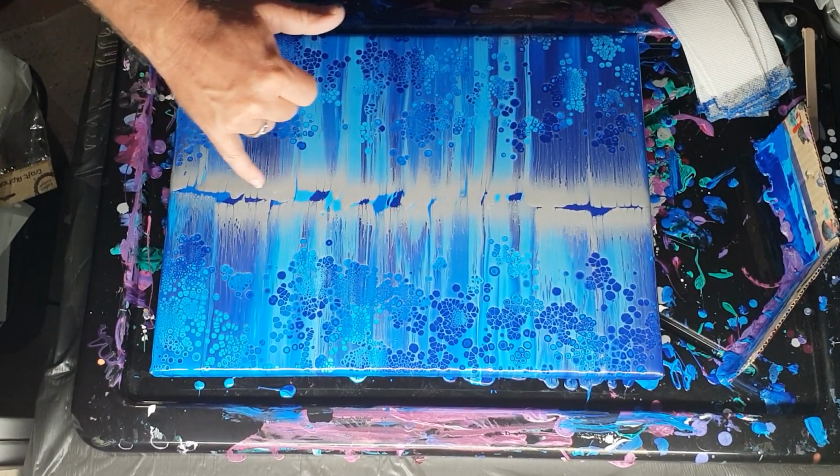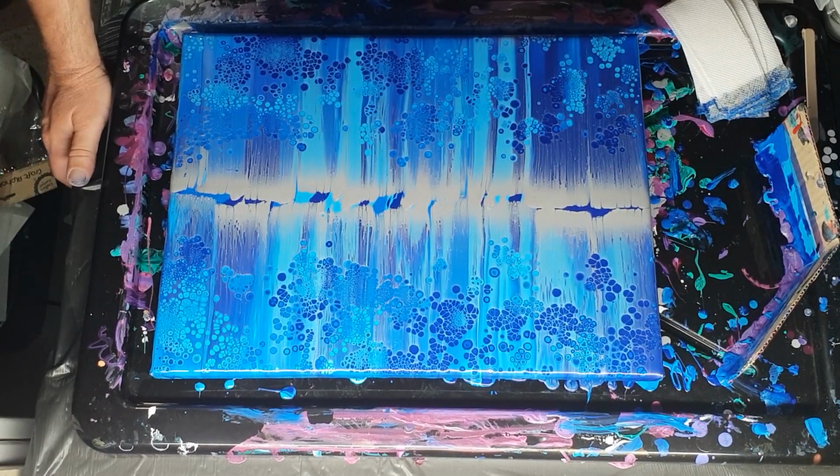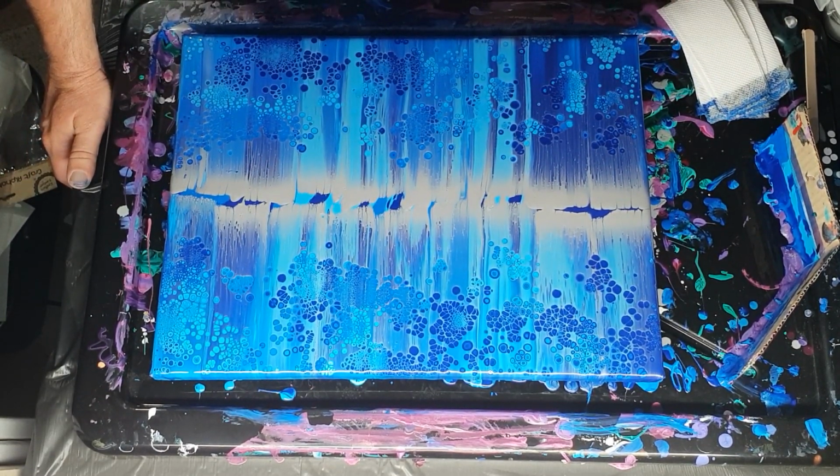Yes, there are gaps. There is nothing wrong with those gaps. It adds dimension and something different. If you don't like them, don't put them there. This is all fun and trial and error. You will learn what you like and what you don't like. So,